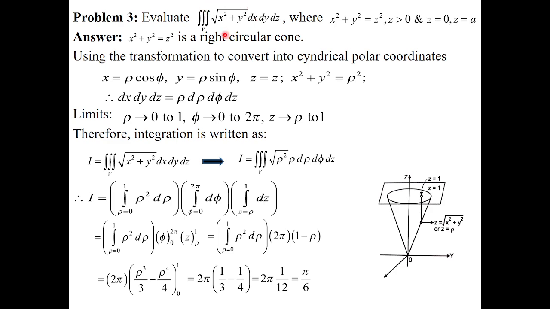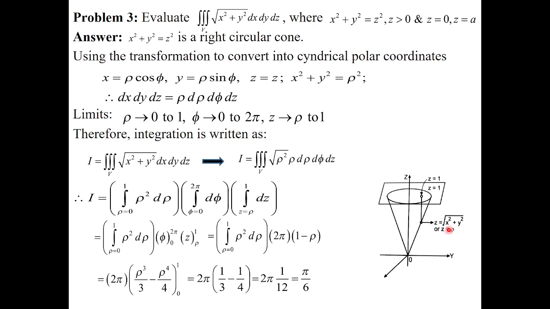So you can integrate this with respect to z first, within the limit z equals to 0 to z equals to 1. See this? So z equals to 0, can I consider this? No, it is little bit wrong. अगर आपने ये consider किया तो z के limits क्या मिलेंगे? It is not 0 only. हर एक जगह पे आप check कर रहे हो तो अलग अलग मिल रहा है. तो z के limits क्या मिलेंगे? Z it is equals to under root of x square plus y square to z it is equals to 1.